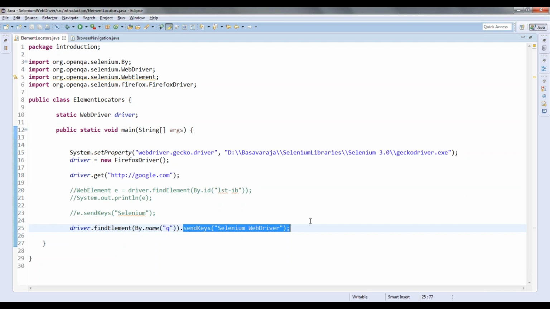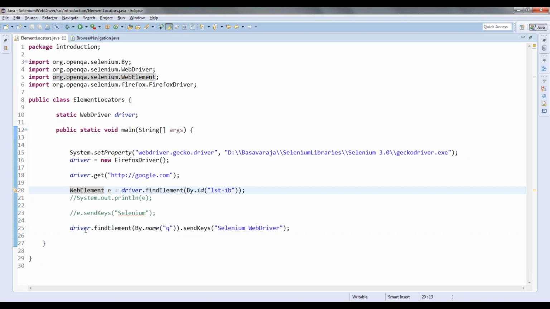When do you prefer storing an element first? If you want to reuse this element in some other steps or some other functions, or if you want to pass that element to some other function and then continue your operation, then you can use that. Wherever there is reusability of this element, you store it; otherwise, you don't have to.